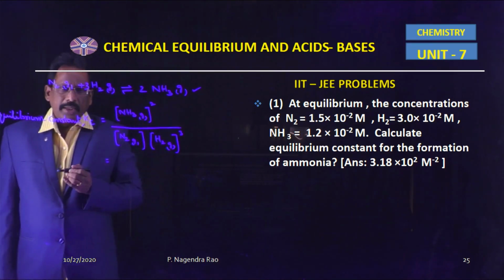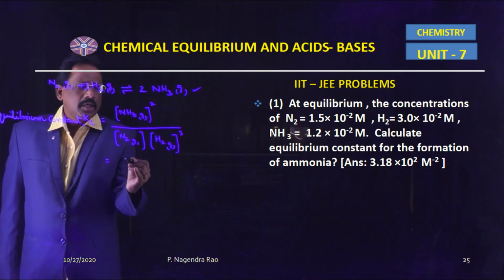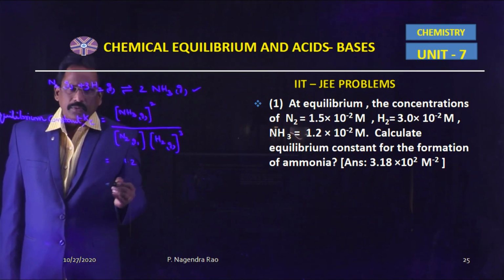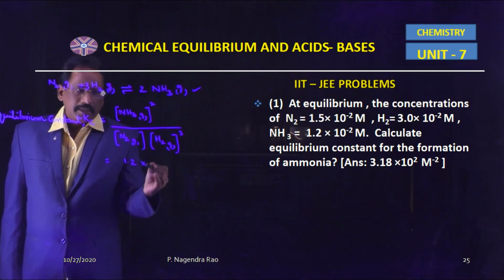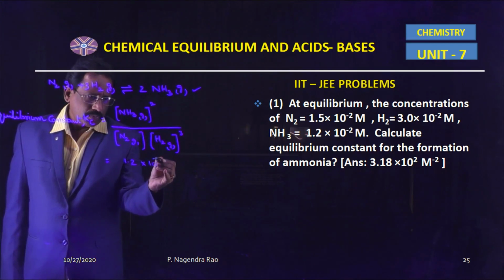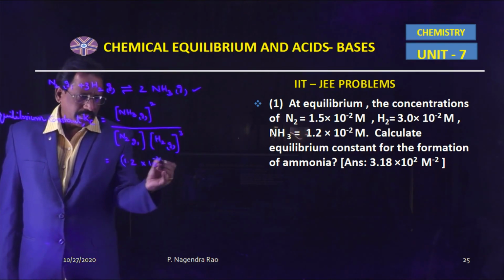At equilibrium, the active mass of ammonia is 1.2 into 10 power minus 2, whole square,